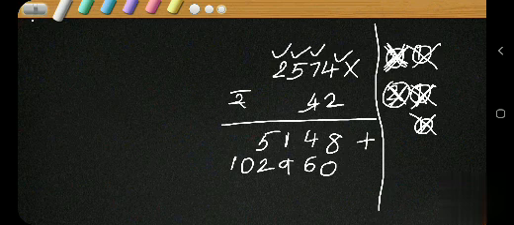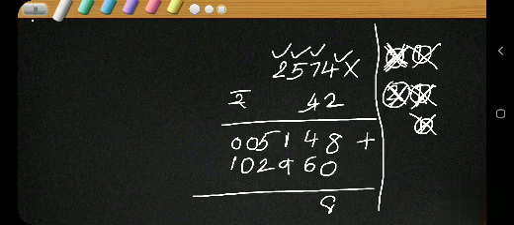Before adding, put zeros in the blank spaces. Okay. Now let me add, or let us add. 8 plus 0, 8. 4 plus 6. This is meant for addition, so the balance can be written above the previous number. Okay. 8 plus 0, 8. 4 plus 6,